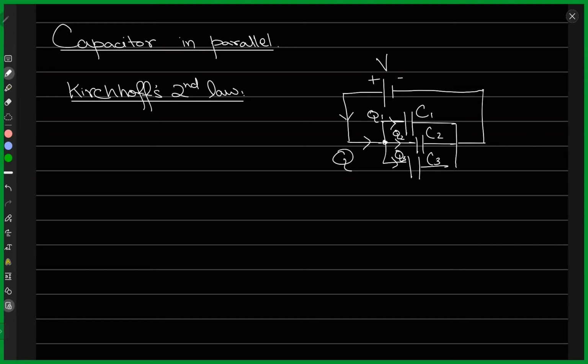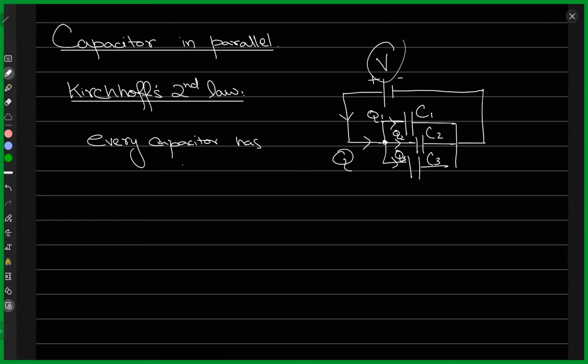So all these capacitors will have the potential difference defined by the battery, which is V. So from Kirchhoff's second law, we can write down an equation that would say that every capacitor